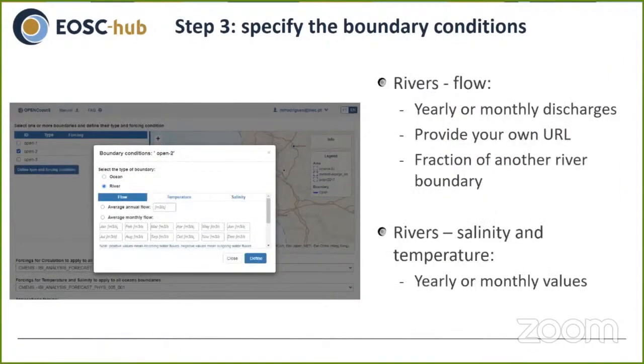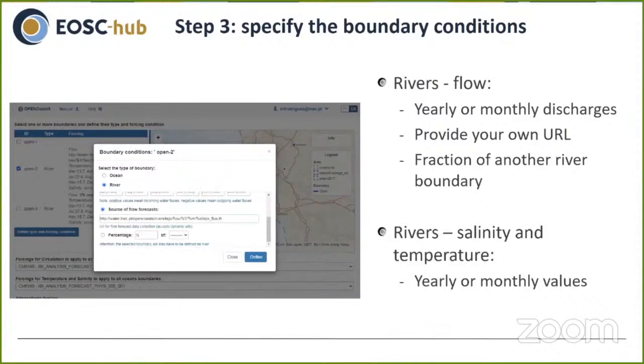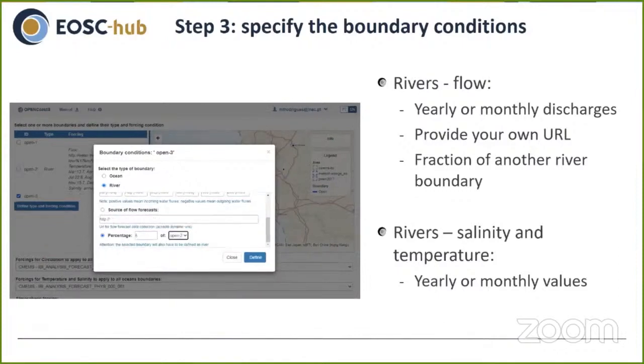Regarding the riverine boundaries, 4 options are available to specify the river flows. The user can specify yearly or monthly flows. You can also provide your own source of forecasts, as you can see in this example, or you can specify the river flow as a fraction of another river boundary.